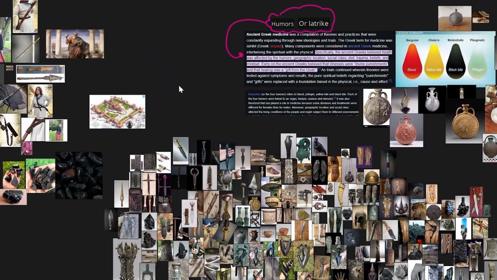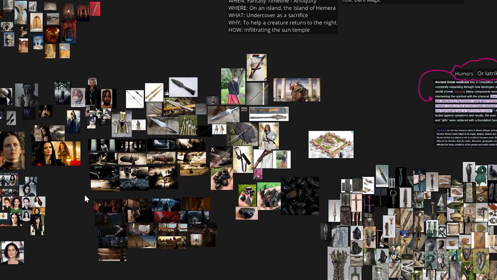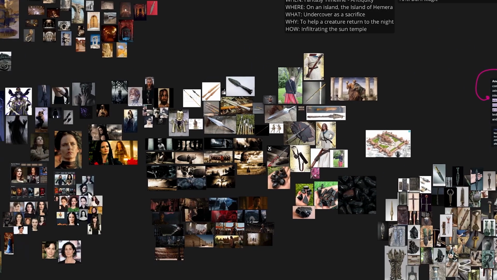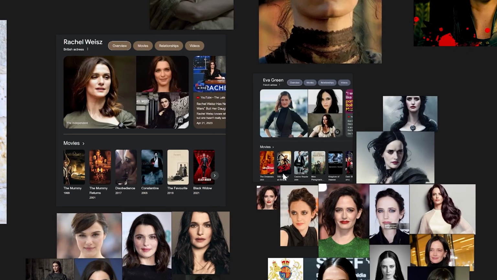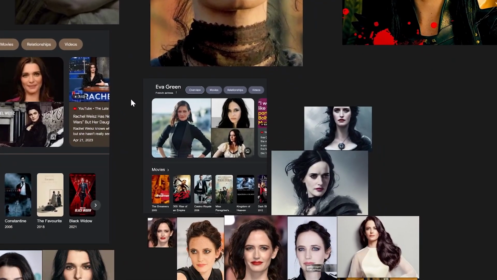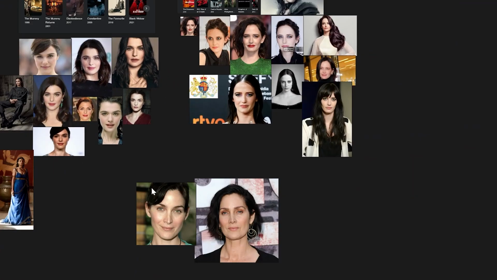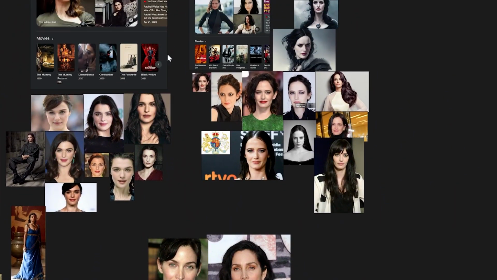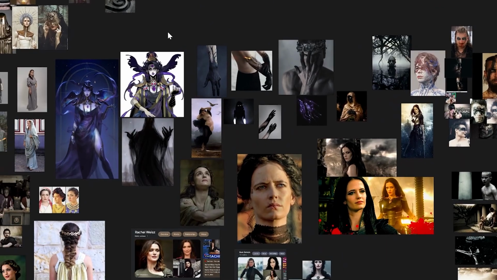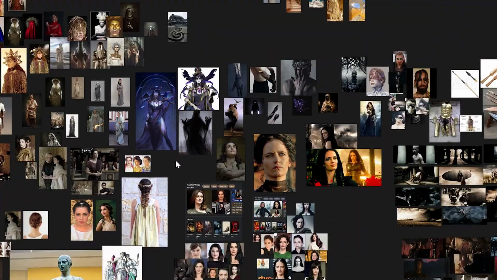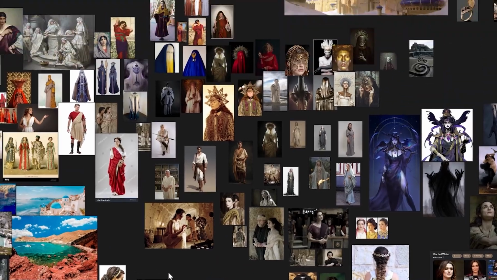Whenever I work on a project, I always like to start with the main character. It just calls me. So I decided that the playable character of this project would be NYX. NYX is the personification of the night. I wanted this project to be a mix of Greek and Roman mythology and also a little bit of dark fantasy. So I took a bunch of references from projects that I really enjoy, like 300, and